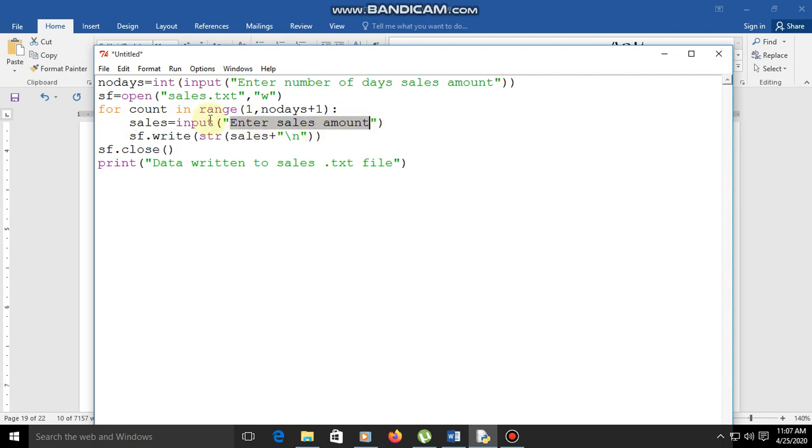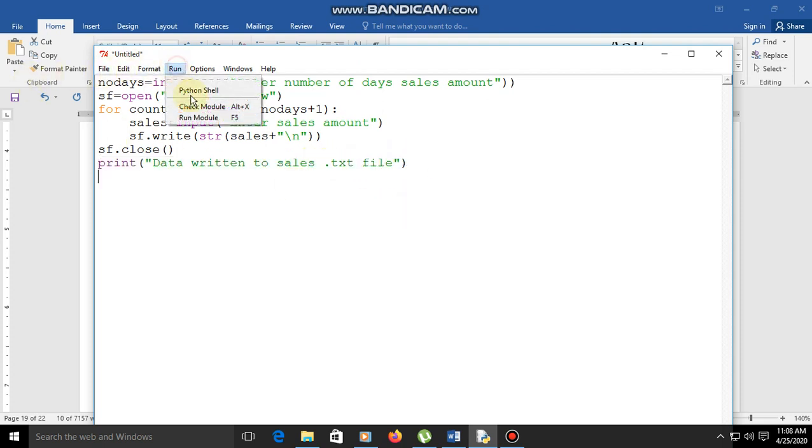Now we enter the sales amount, and next sf dot write, converting sales into a string, plus slash n for a separate line. Whatever you assigned here can be used here, right? Now sf dot close, and after that we print that data is written to the sales.txt file.